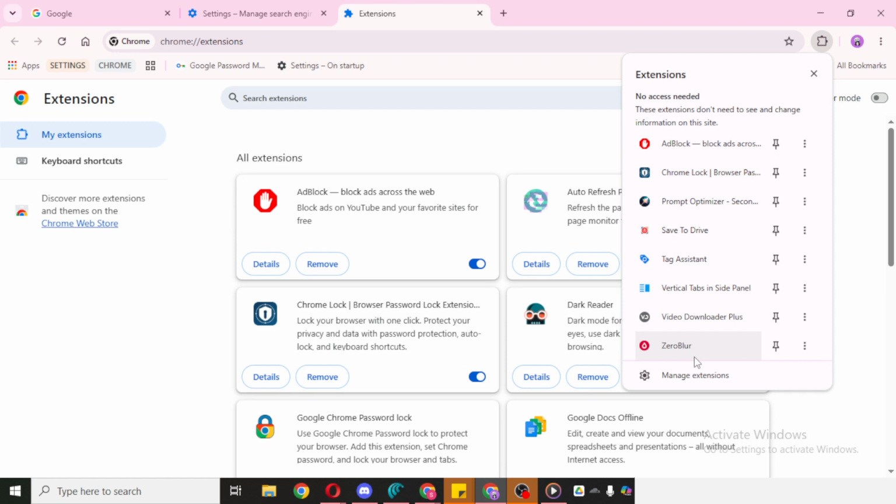So to quickly recap, open Chrome, click the three dots, go to Extensions, manage your extensions, and then check whether the extension is already pinned in the toolbar. If it is, you can click it and use it right away. If you no longer want it there, you can remove it from the toolbar. That's all it takes to manage how extensions appear in Google Chrome, and it can make your browsing experience much more organized and efficient.